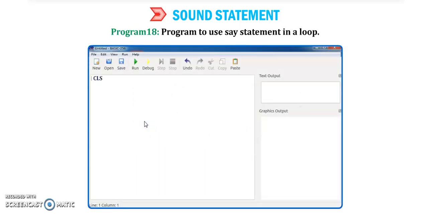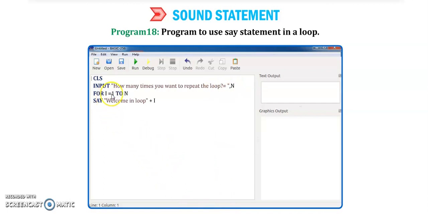Next is a program to use the say statement in a loop. If we want to execute a statement repeatedly, we can use it with a loop statement like this. Input how many times you want to repeat the loop; you have to input the n value.